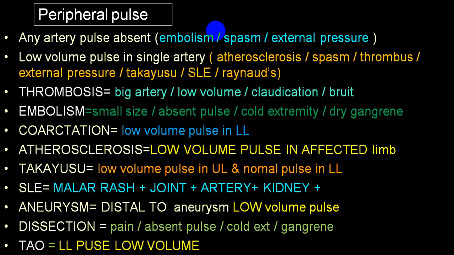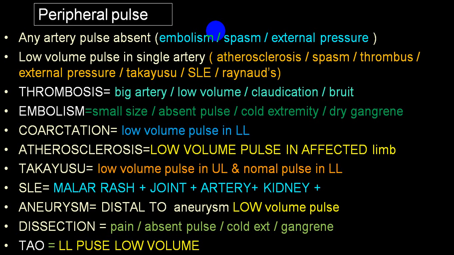That is very characteristic of an arterial embolization. In a coarctation in the lower limb, because coarctation is usually in the arch of the aorta or in the descending aorta. Whether it is in the arch or descending aorta, the pulse volume in both lower limbs will be low volume, because distal to the coarctation there is diminished flow, so that will produce a low volume pulse, and proximal to the coarctation the volume of the pulse will be high, because the pressure will be elevated in those particular blood vessels.